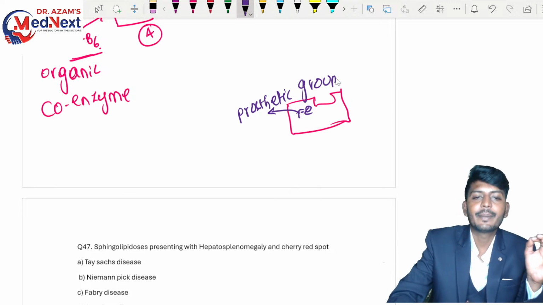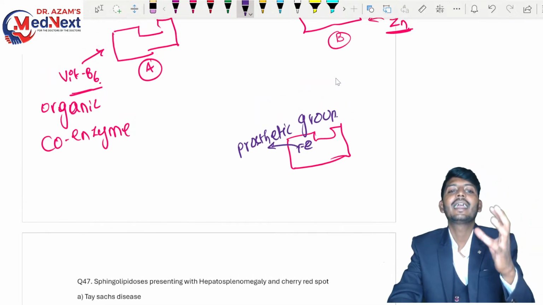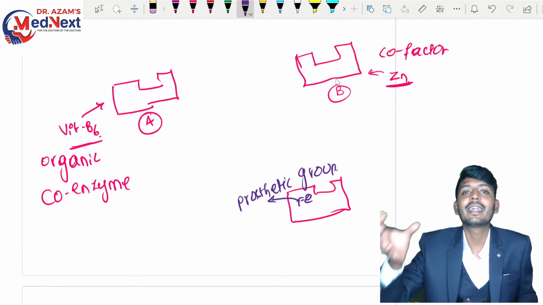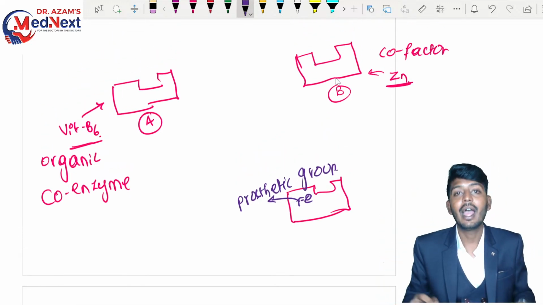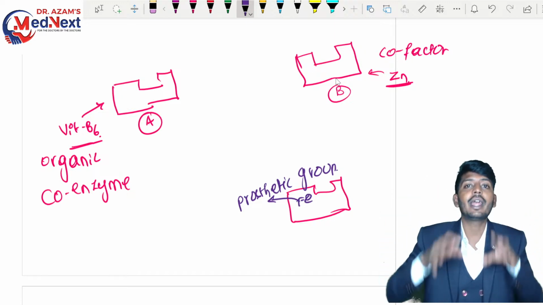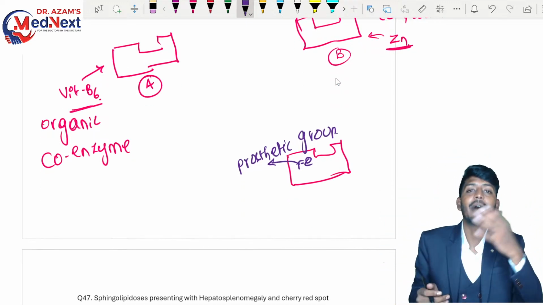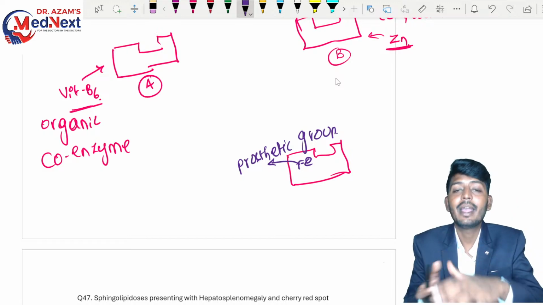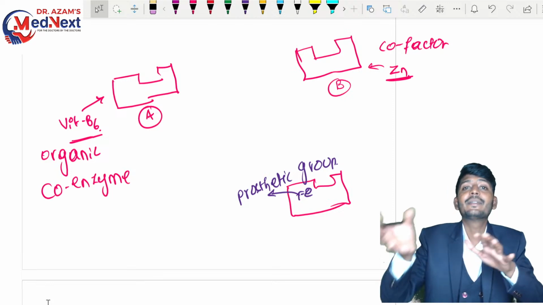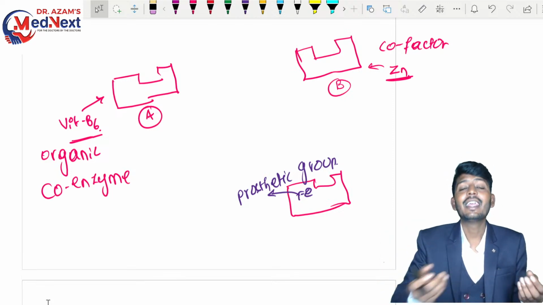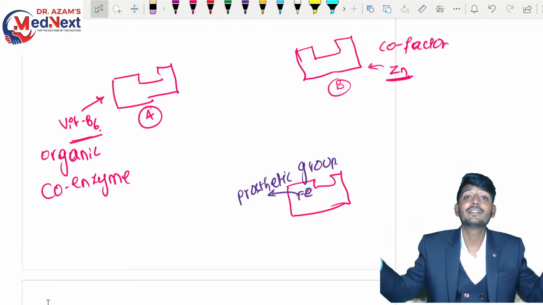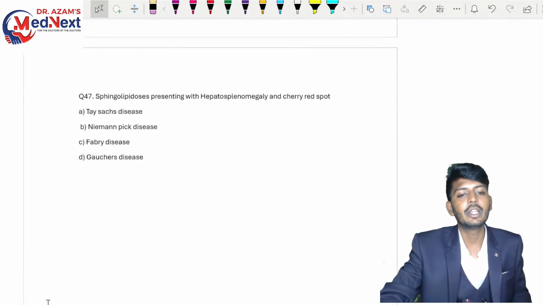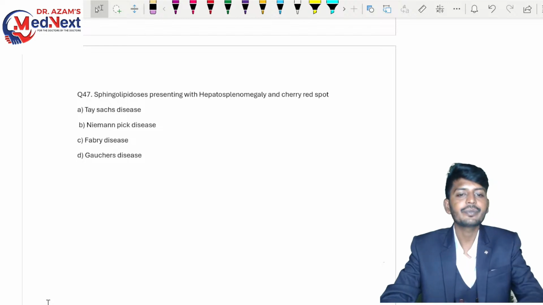सो ऑर्गेनिक सब्सटेंस मदद करने के लिए बाहर से आएगा, कोएंजाइम। अगर इनऑर्गेनिक सब्सटेंस मदद करने के लिए बाहर से आएगा, कोफैक्टर। अगर एंजाइम के अंदर ही कुछ और है, then it is a prosthetic group. So if organic substance comes from separately and helps the enzyme, coenzyme; if inorganic substance comes and helps the enzyme, then cofactor; if the substance is present within the enzyme, called as prosthetic group. ये तीनों कंफ्यूजन नहीं होना चाहिए, ठीक है।